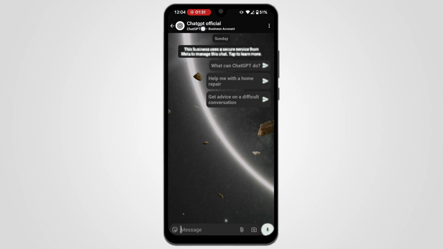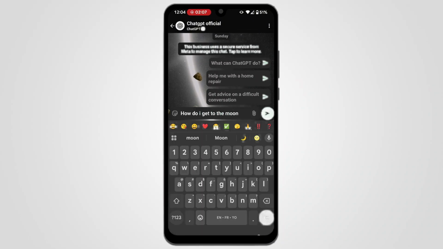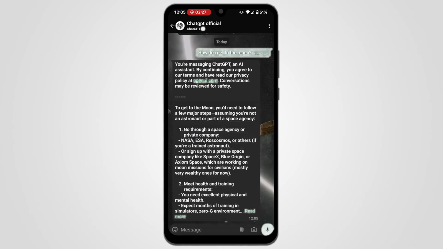This is the official ChatGPT WhatsApp number where you can save for your use while on WhatsApp. As you can see, it does have the blue tick, and this is important if you are to recognize its authenticity. We can simply ask any question, and now you can see the response from ChatGPT. So with these steps, you will be able to use